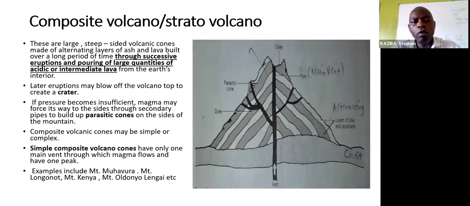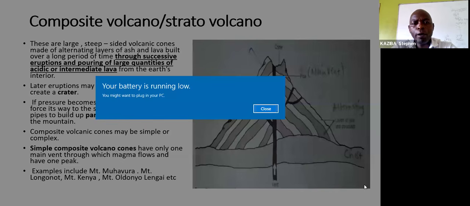So now, when you're answering, the standard is you identify the landform, for example, a composite volcano. Then you describe that landform. Then you explain how it is formed. Then after explaining how it is formed, you give examples. Then you illustrate. So when you're talking about a composite volcano,